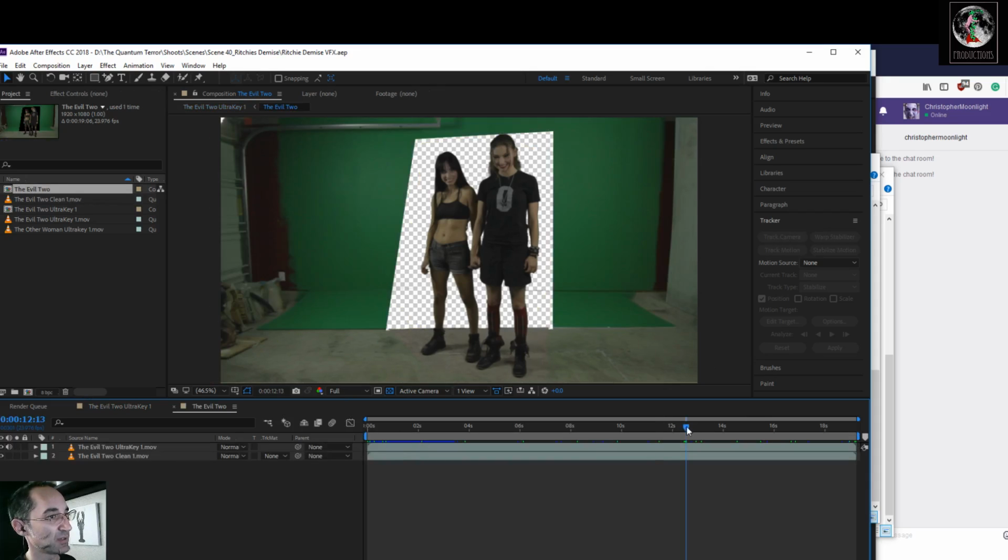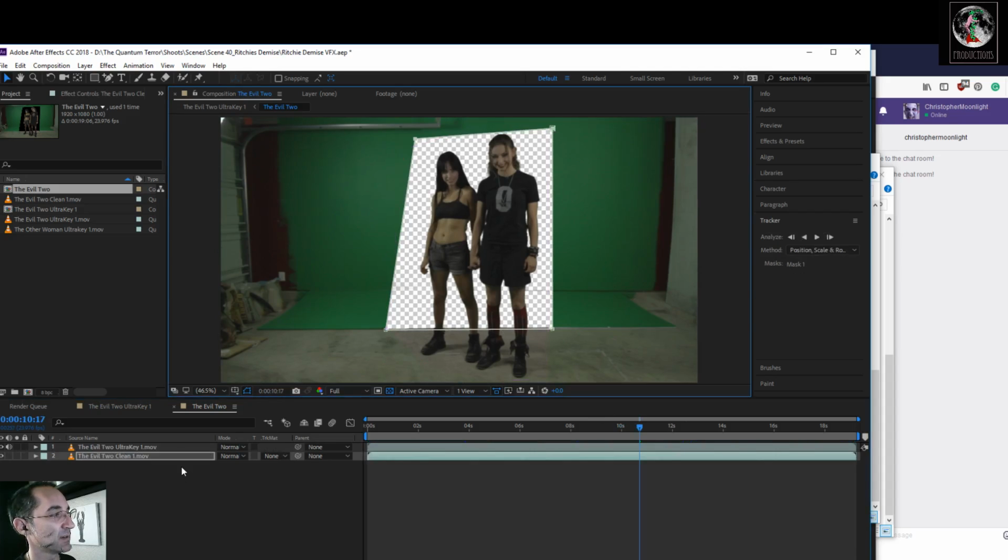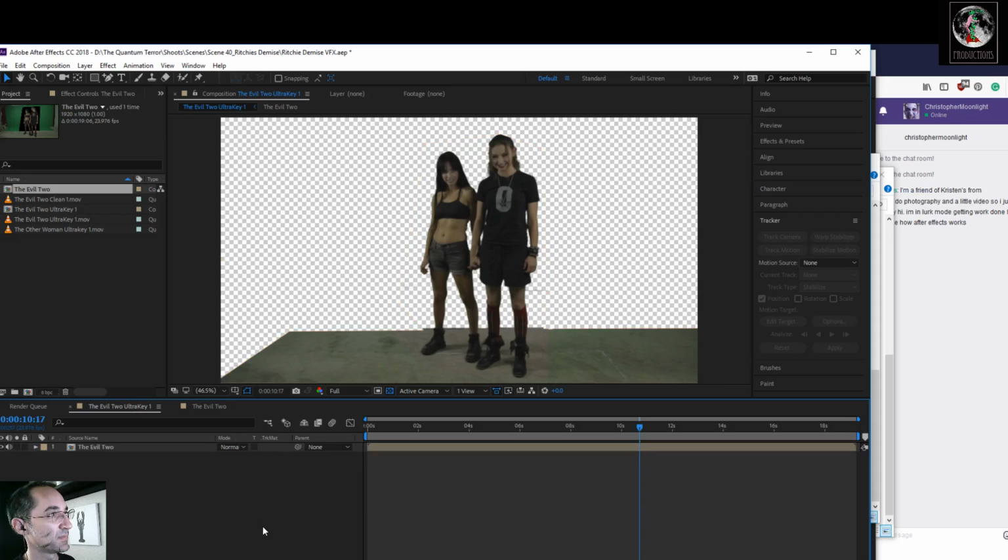Let's go into the pre-composition really quick and there we go. You'll notice there's a difference in the floor color here as well, where we cropped in.